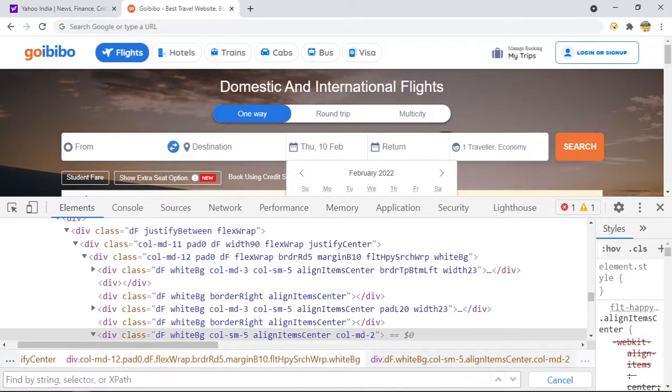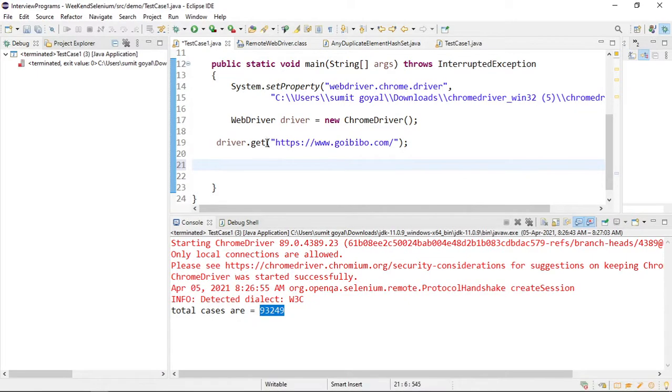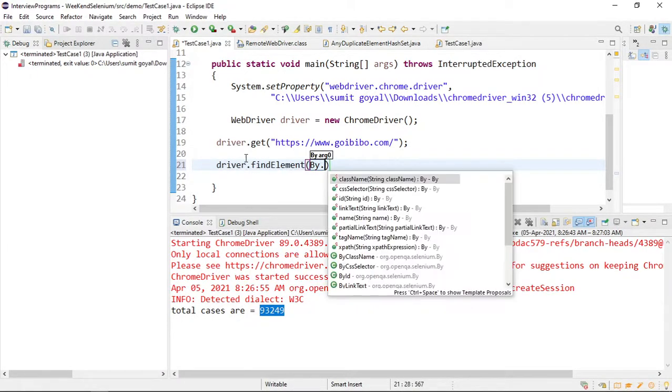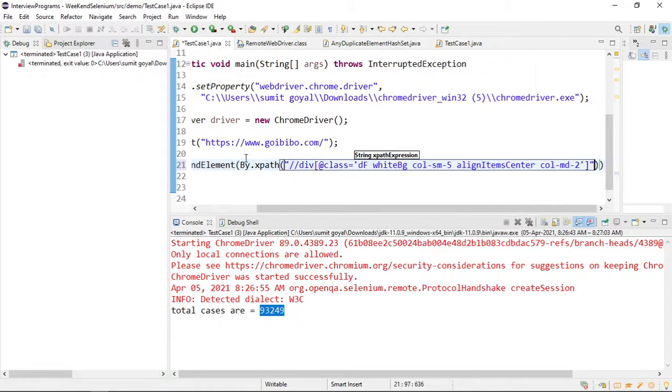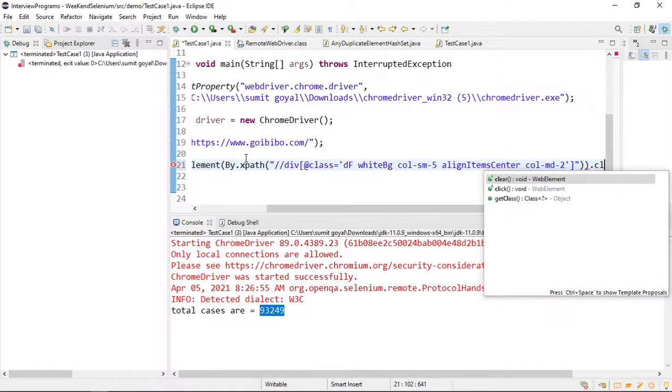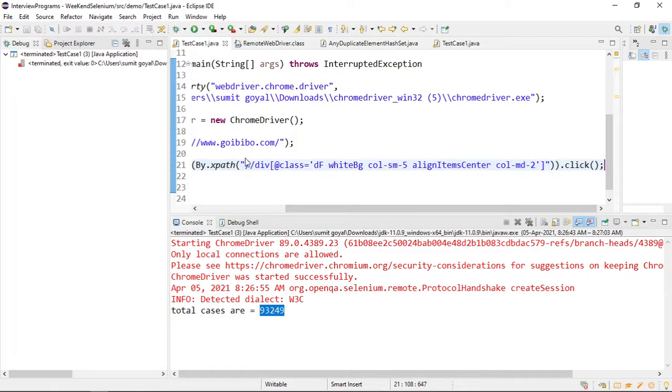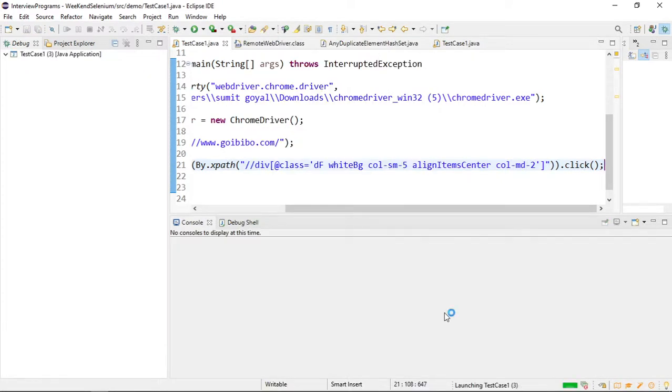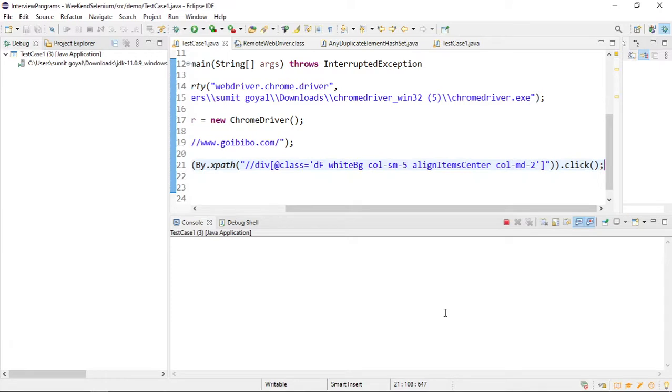So copy this. So I will say driver dot get, and I will say driver dot find element by dot XPath. So this will open the calendar for me. So let us check first whether it is opening the calendar. Once calendar opens, we will use one while loop.